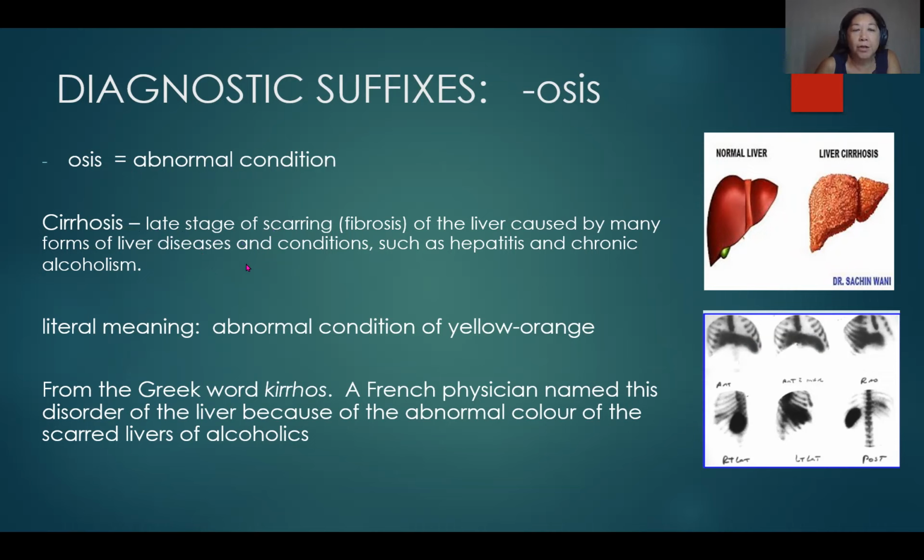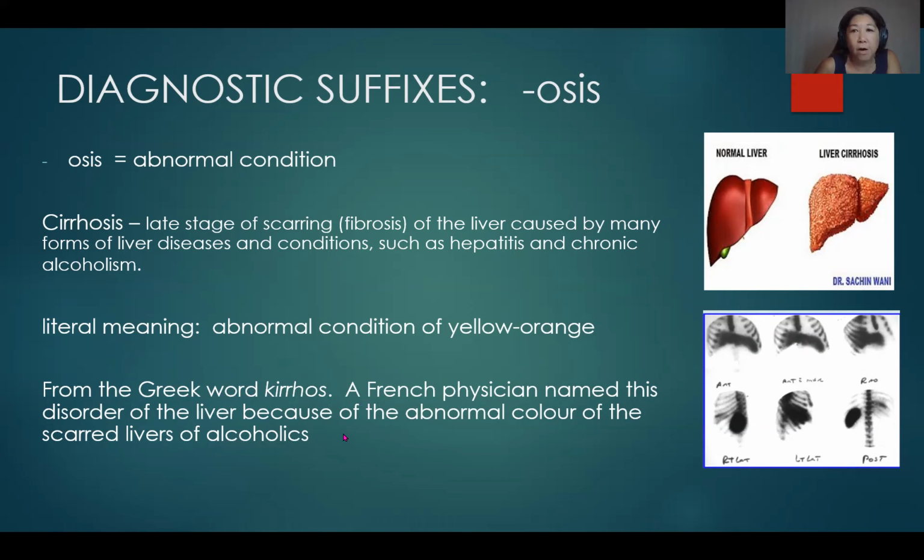This is a late stage of scarring or fibrosis of the liver that's caused by a number of liver diseases and conditions, including hepatitis and chronic alcoholism. Now, the literal meaning of cirrhosis is abnormal condition of yellow orange, as opposed to abnormal condition of the liver. And you might wonder where that was derived? It's from the Greek word kyros. And a French physician named this disorder of the liver because of the abnormal color of the scarred livers in